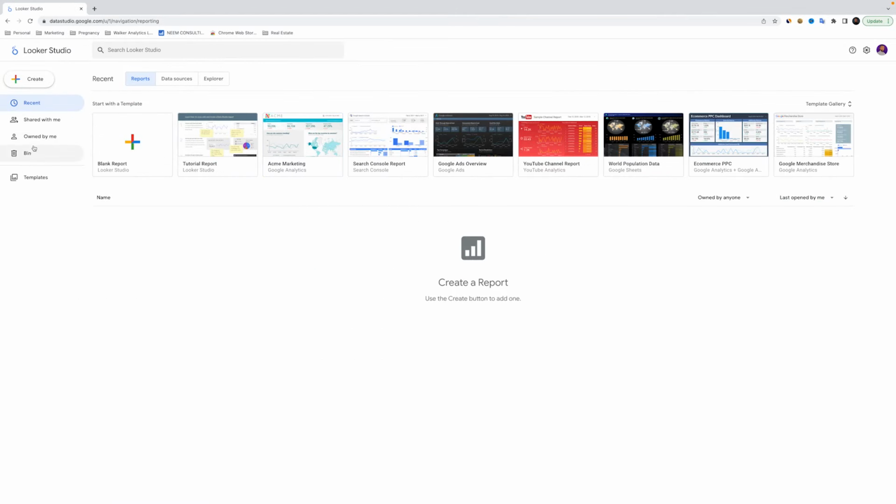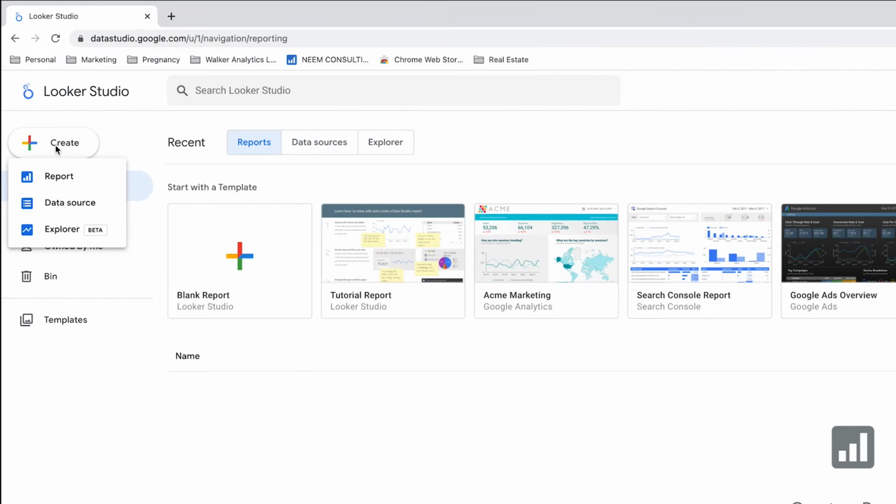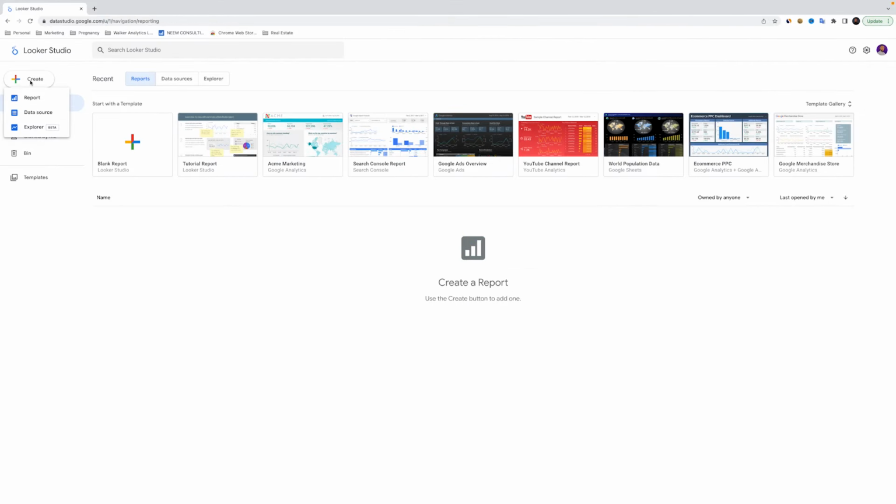We also on the side here have a few more options. So you have create. When you click create, you have the option to create a report, which is a dashboard, to create a new data source, or to create, it'll go into the Explorer tab. And you have those same options up here as well with reports, data sources, and Explorer. If you click on create a report,